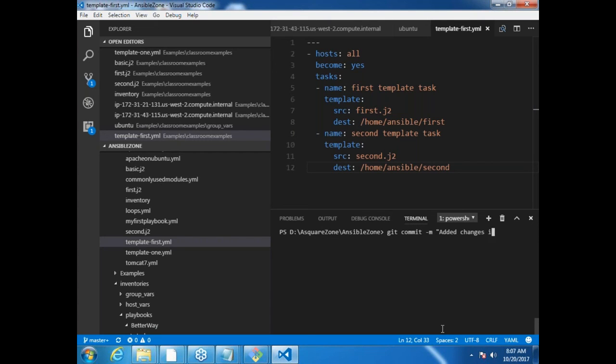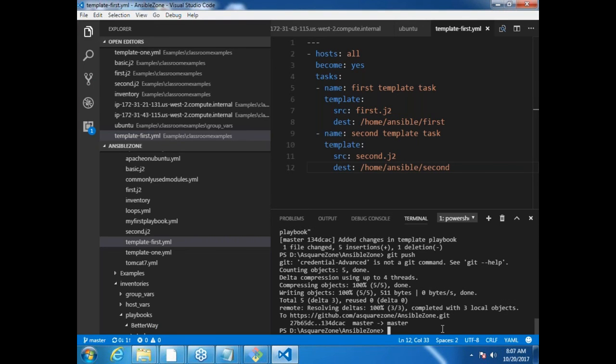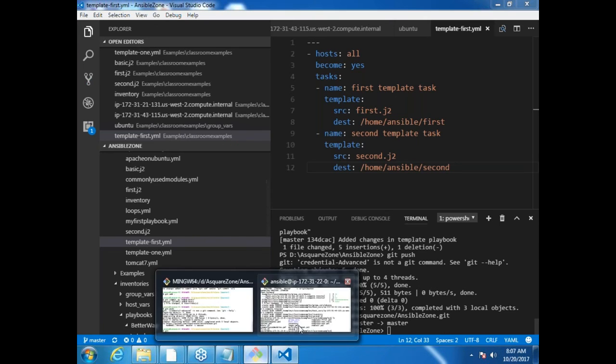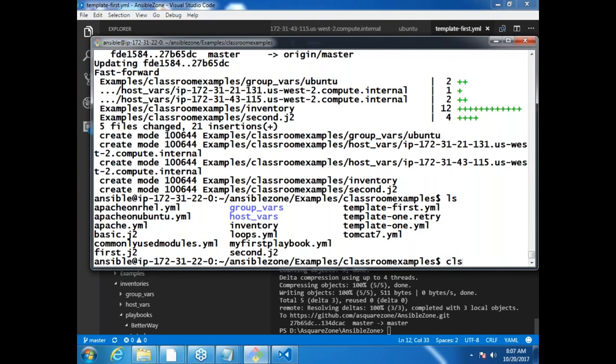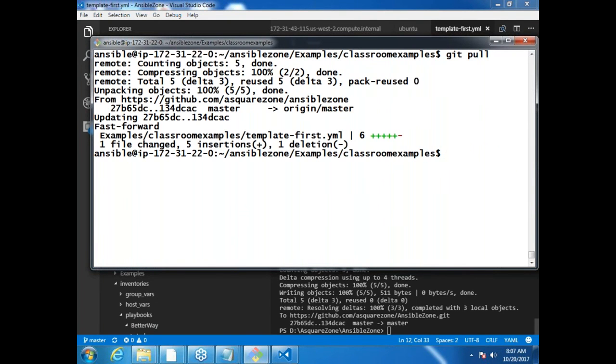Added changes in template playbook, git push. So all of these changes are also on GitHub. So they will be visible to you also. Okay, and I'd go over here, and I'm just saying git pull. So literally I would be executing the same command of what I have done for my last stuff. Okay,